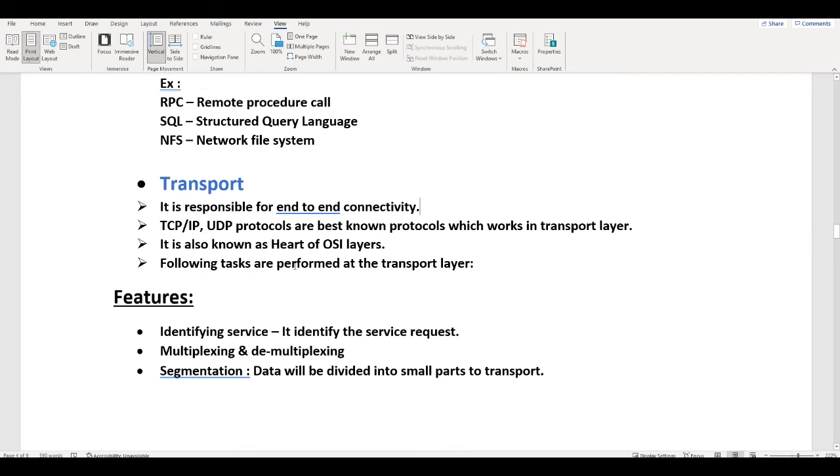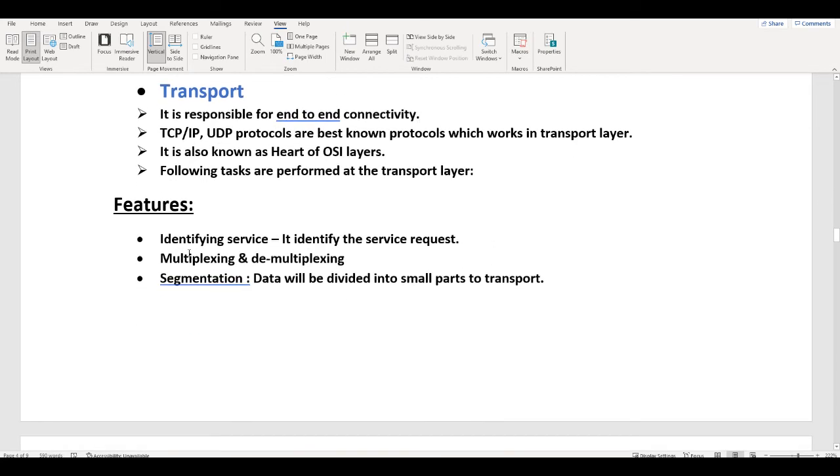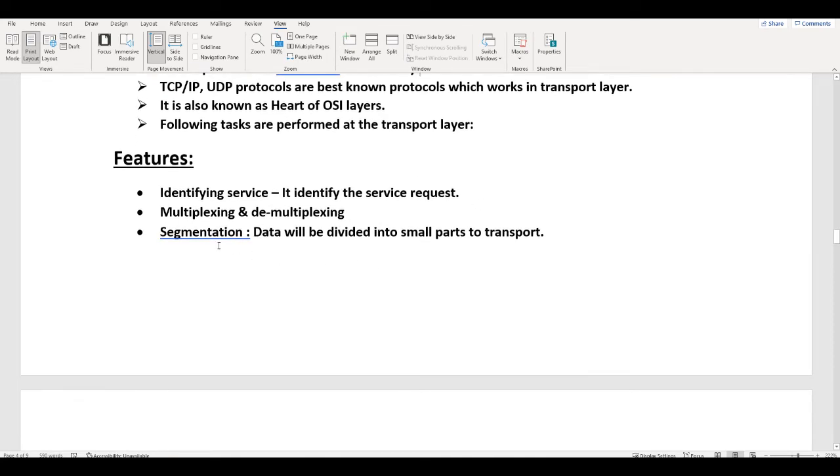These are the following tasks performed in the transport layer: identifying the service request, identifying the protocol, multiplexing and demultiplexing, and segmentation. Segmentation divides the data into small parts to transport. When I say small parts, it means dividing the data into packets.